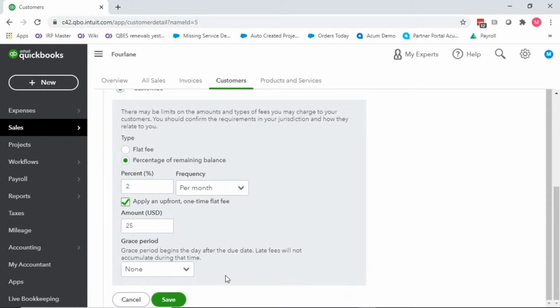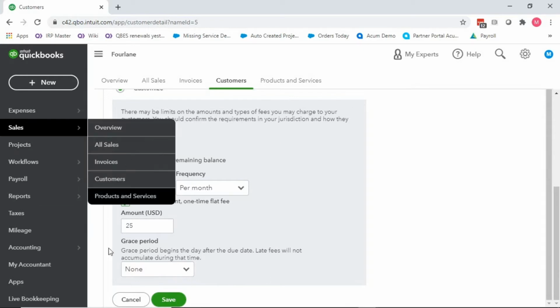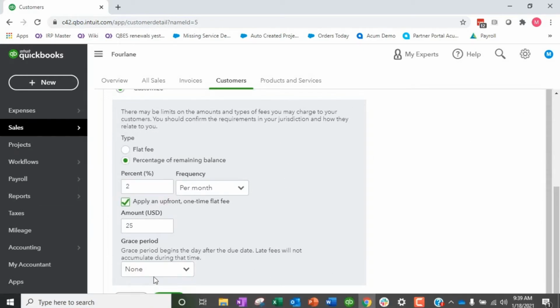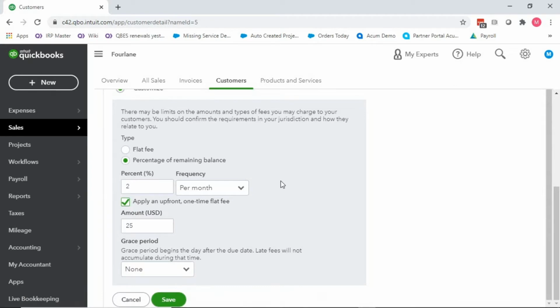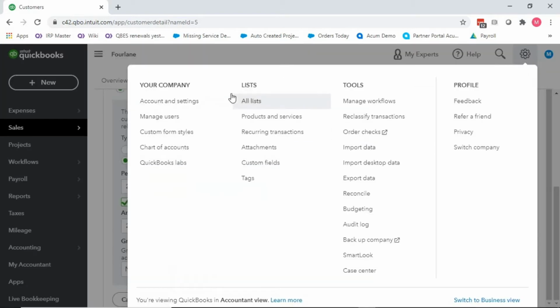So maybe we have a specific contract with this customer that we have the ability to assess late fees, or maybe they've been late in the past and so they're asking for forgiveness, and in allowing them to continue to have terms, we say, okay, you can have terms, but you're going to have some late fees assessed. So anyway, you can do it at the individual customer level.